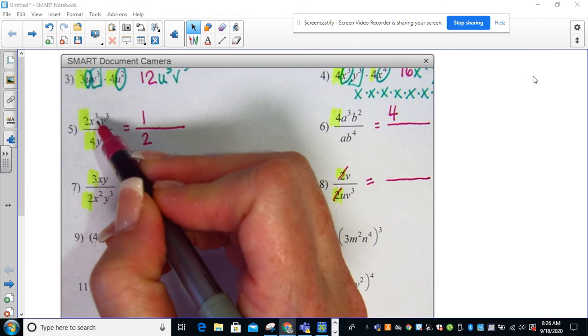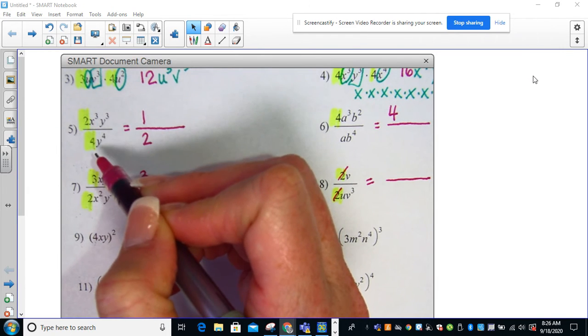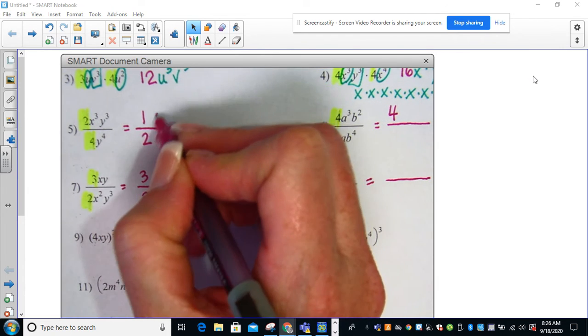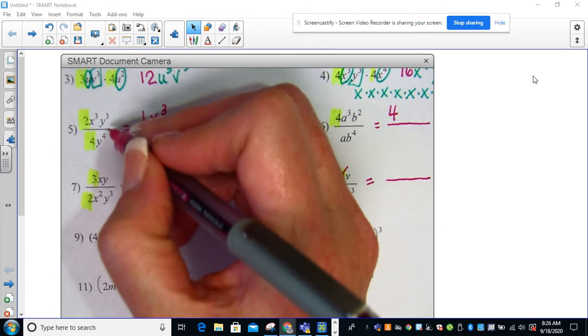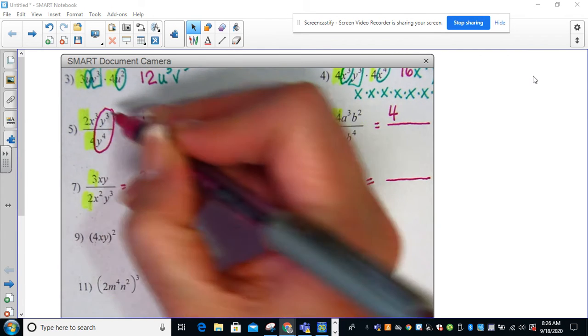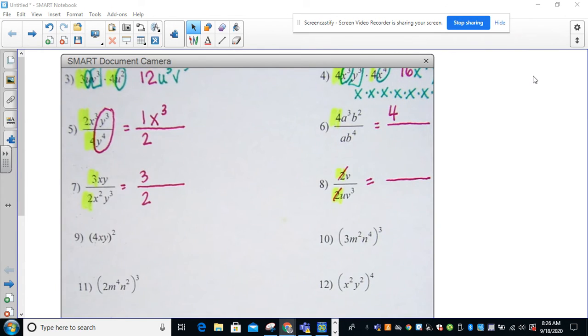So now let's look at the exponents. So we're looking at the x's first here, and there's only this one. So it's on the top, so it gets to stay on the top. Now let's look at your y's. And the rule here is to subtract them. But here's what I like to do. I like to ask myself, if these 2 y's were in a contest to see who has more of something,